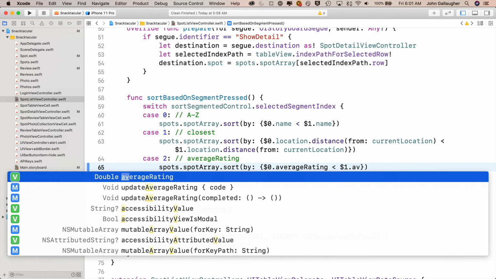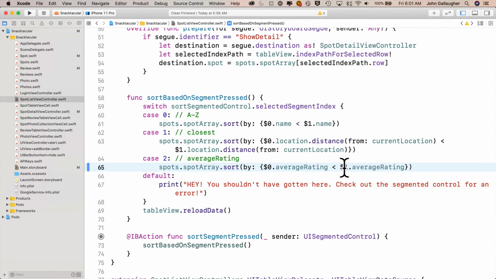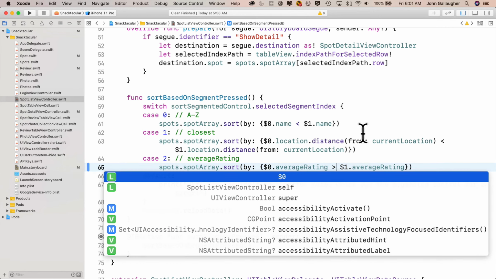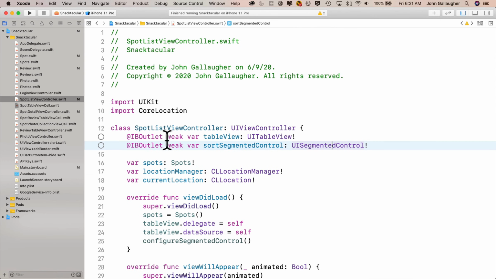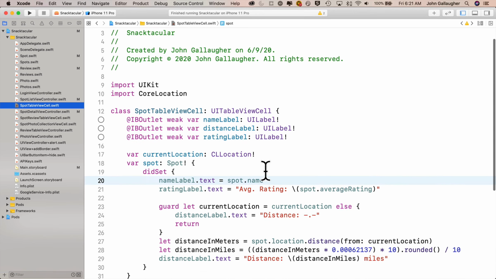And since I want to sort from highest rating to lowest rating, I'm going to change the less than symbol to a greater than symbol. Now there's one more thing we need to do. Remember, our average rating remains a double, and that double might have more than one number after the decimal point, but we only want to show the rating to one decimal point, and that rating shows up in our custom spot table view cell. So let's head over to spot-table-view-cell.swift, and right here in our didSet property observer for the